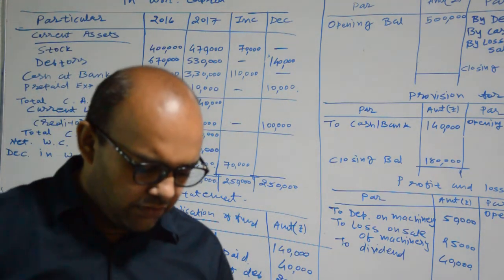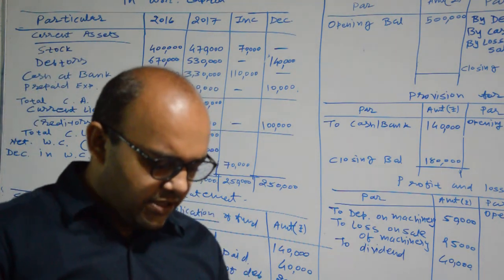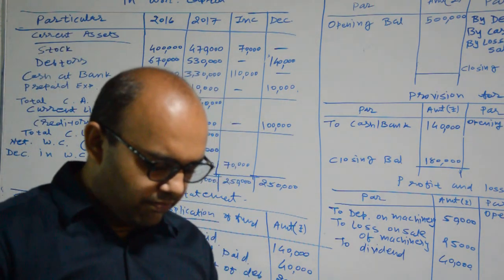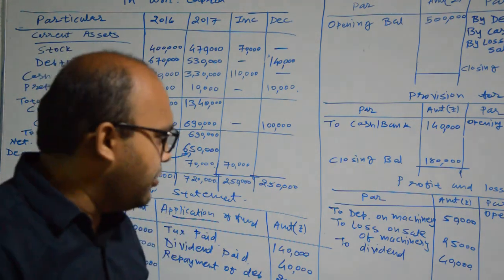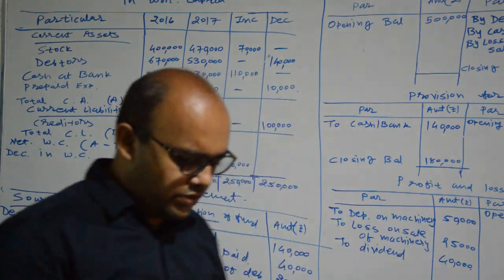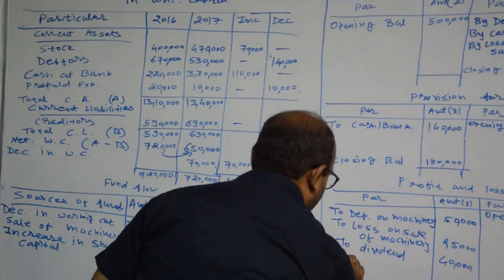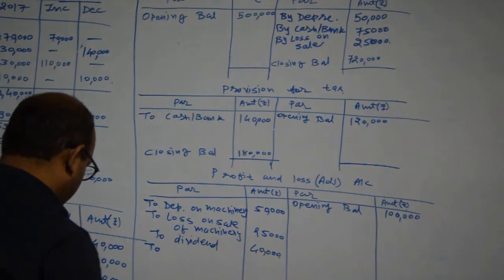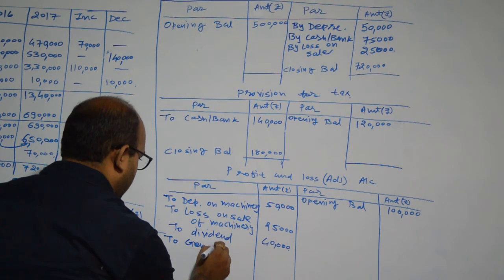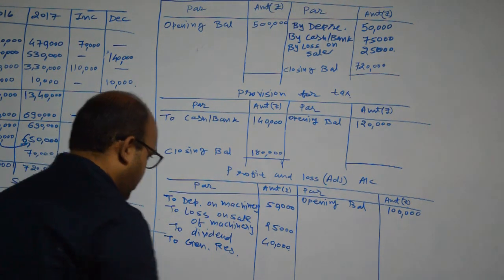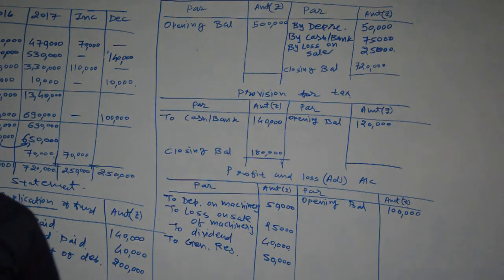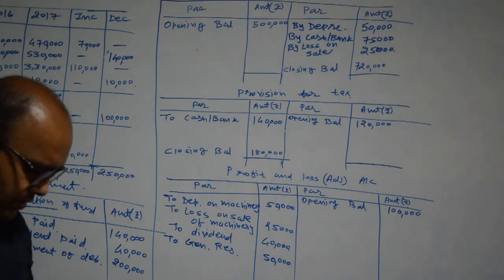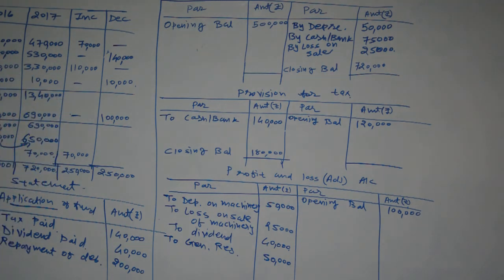Next, general reserve rupees 3 lakh and in 2017 it is 3 lakh 50,000, means there is provision for general reserve, and provision for general reserve will have effect on debit side of profit and loss adjustment account. You write it down on debit side to general reserve, and amount will be rupees 50,000. Okay, it will have only single effect. Okay, adjustments will have two effects. Next, creditors are given effect in statement showing changes in working capital.